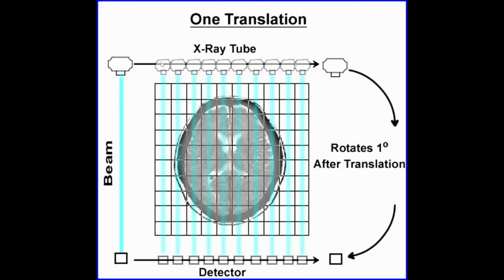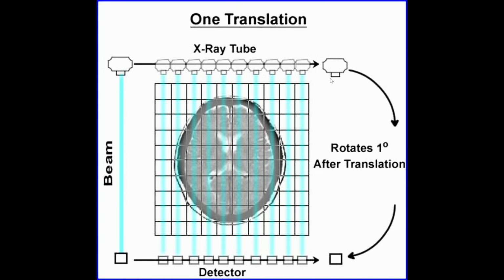The X-ray tube moves across and fires a beam down, which is collected by the detector. It moves across again, takes another reading through there, and so forth. As it moves across, it takes a series of X-ray readings through the patient's skull, or whatever you happen to be X-raying. The whole system then turns through 1 degree and takes another set of readings, and it continues that